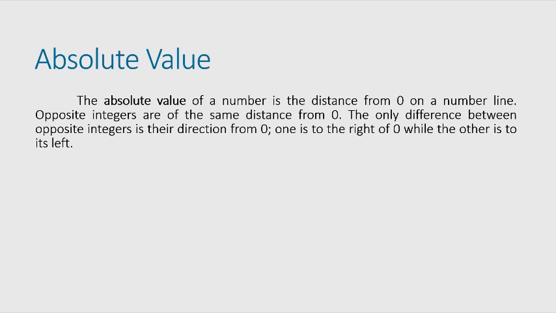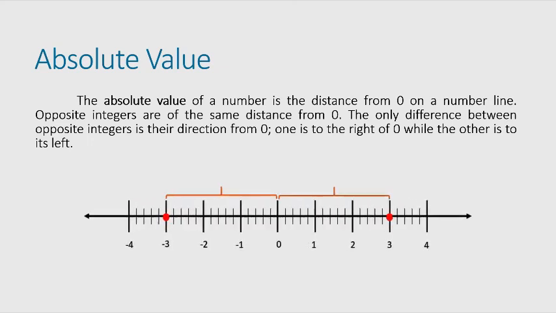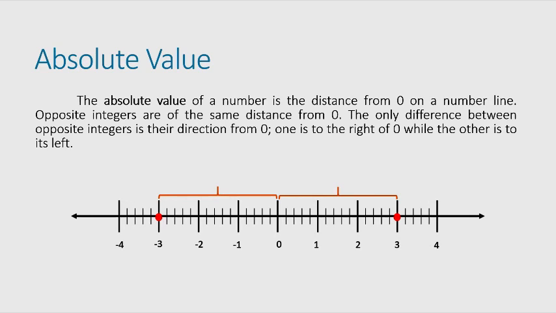Now we will talk about the absolute value. The absolute value of a number is the distance from 0 on a number line. Opposite integers are of the same distance from 0. The only difference between opposite integers is their direction from 0. One is to the right of 0 while the other is to its left. Negative 3 and positive 3 have the same absolute value, but positive 3 is to the right of 0. Negative 3 is to the left of 0,